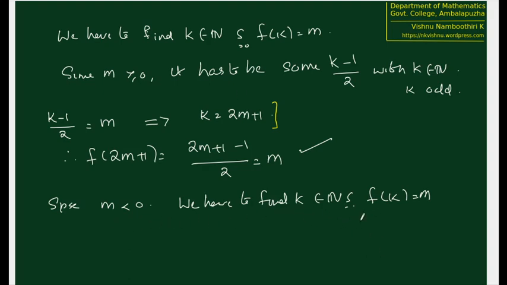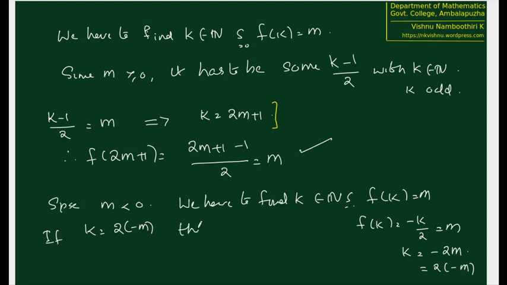Since m is negative, f of k is minus k by 2 equal to m, or k equals minus 2m, equal to 2 into minus m. Now m is less than 0, therefore minus m is greater than 0. Therefore, we choose k equal to 2 into minus m,